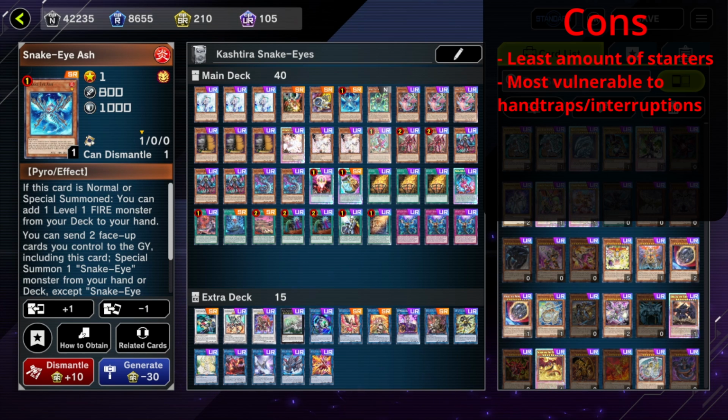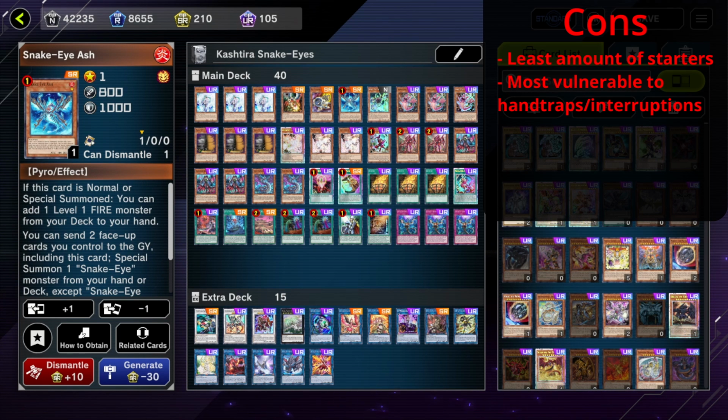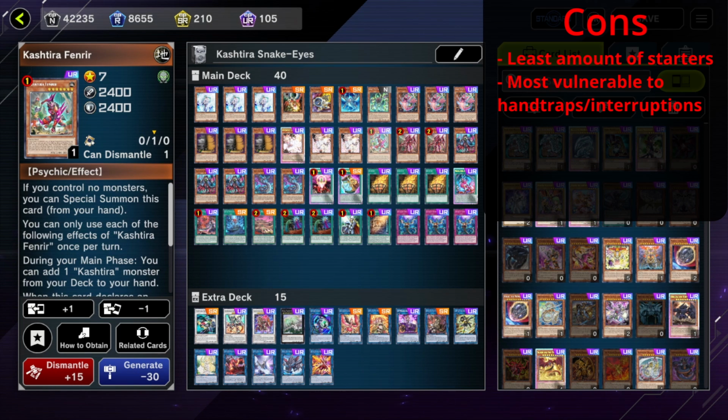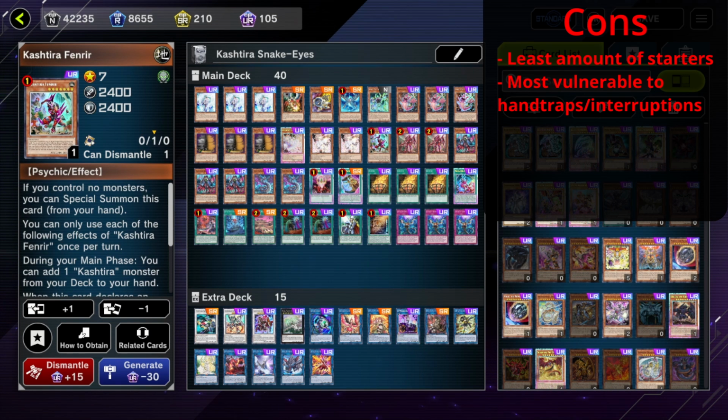And yeah, as I mentioned, because it has the low amount of engine, it is more vulnerable to disruption on your Ash, because you have less other plays, since the rest of your deck is just mostly non-engine as opposed to more extenders. Now you can build it, again, the Kashtira cards do alleviate the playing through hand traps a bit. They do help you play through hand traps, but whether you choose to run the Kashtira cards or not, it